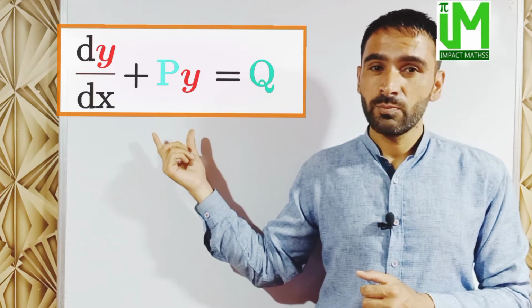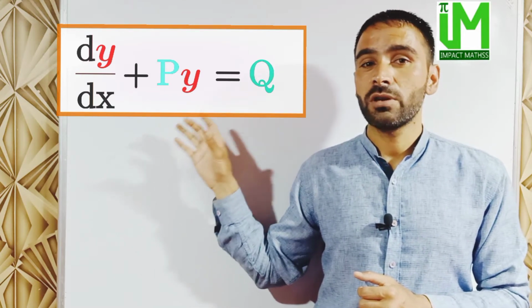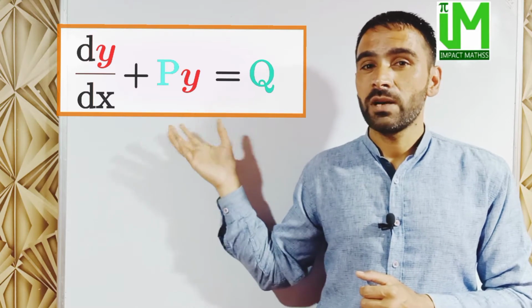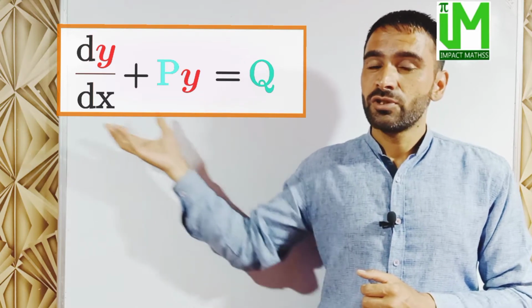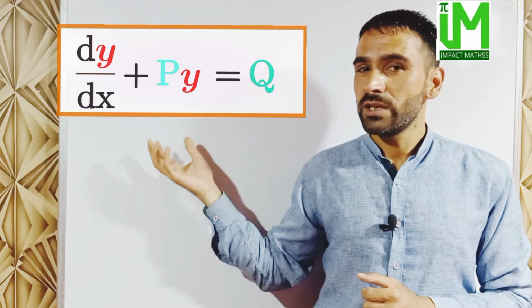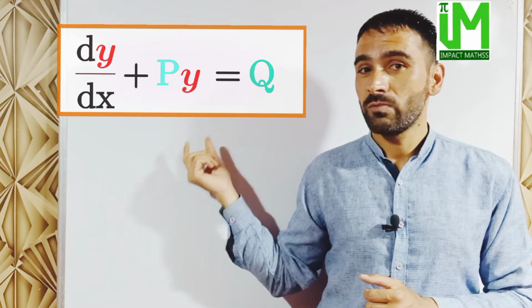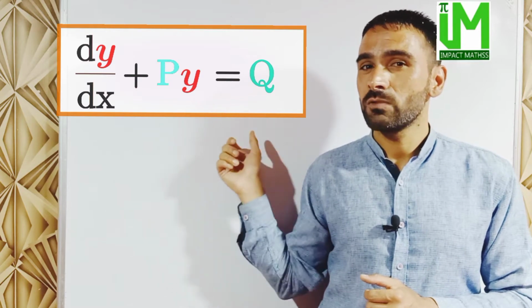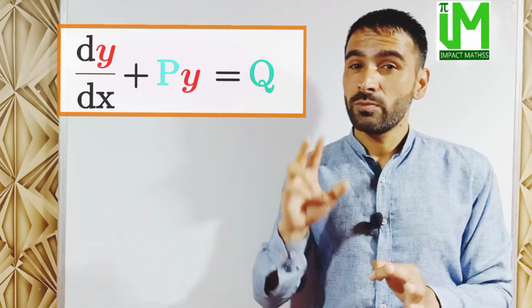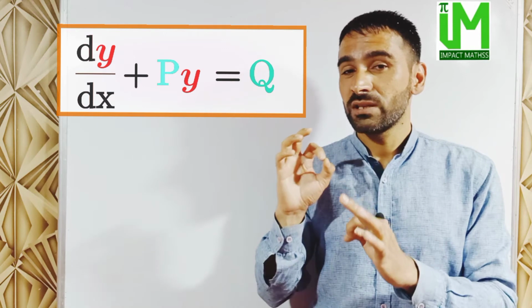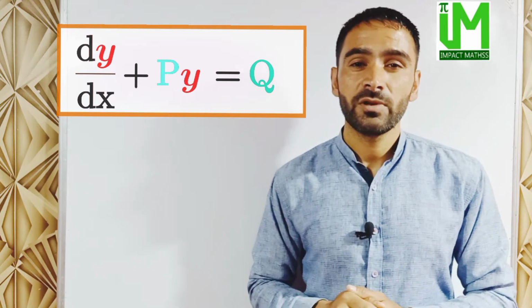उसके बाद अगर हम p is any function of x or a constant, and then y की term that is dependent, dy by dx plus p into y, y is again dependent variable, so dependent variable y is again of first degree is equal to q. So the things to note out, or we can say these are the conditions for a differential equation to